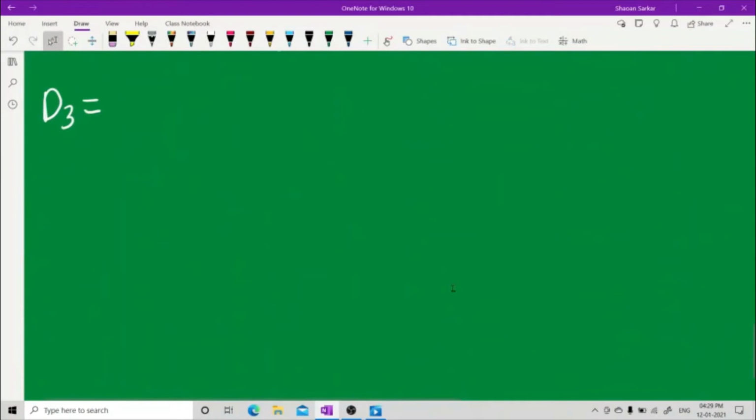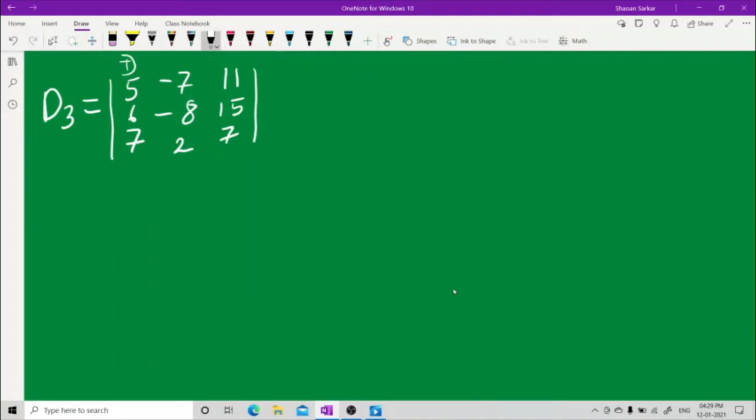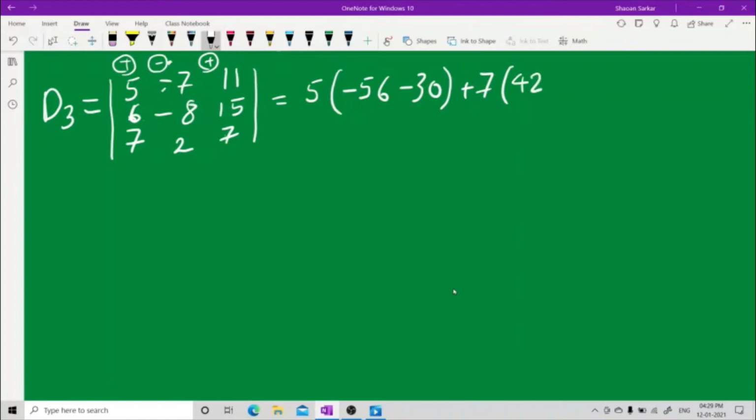Now here in D3, we have 5, 6, 7, minus 7, minus 8, 2, and we have got 11, 15, and 7. Now here again the plus sign, the minus sign and the plus sign, you will do it. Expand now 5, minus 56, minus 30. Then you have plus 7, because this is the minus and this is the minus. So plus 7, and then you will hide this, this is 6. So 7 6 are 42, minus